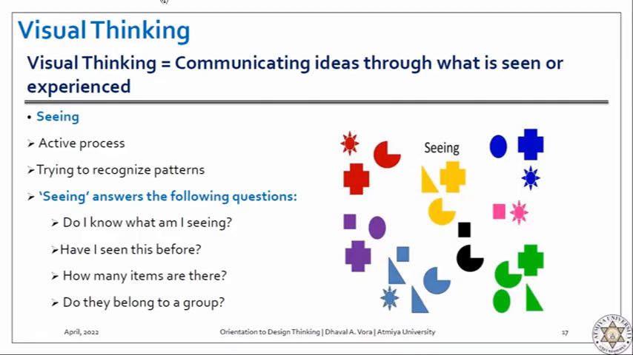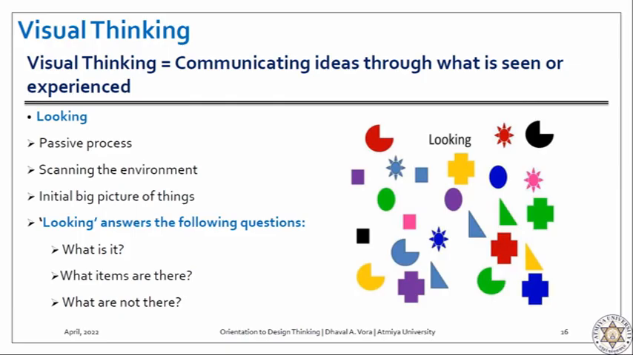Seeing is a kind of active process, trying to recognize patterns. Here you need to identify the things which have common features. As you can see in this figure, previously it was not like this. Previously you just needed to observe the things. Here in looking, you need to observe the things. You don't need to identify the patterns there, but in seeing,